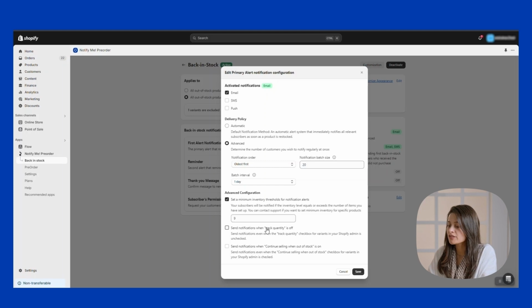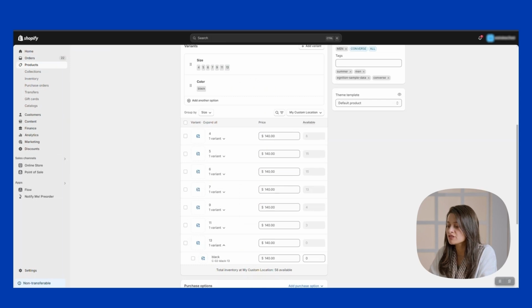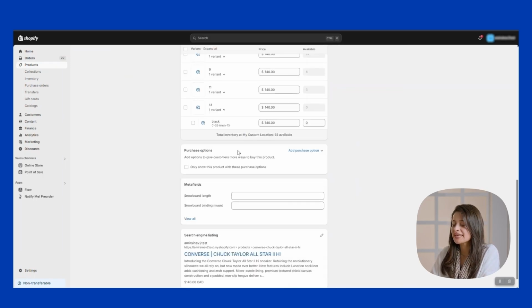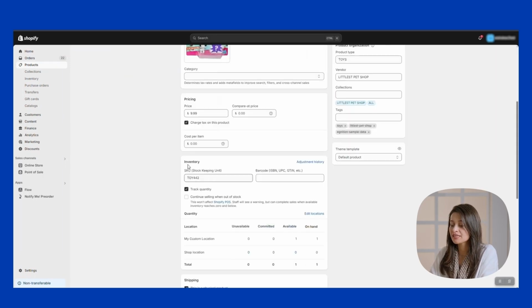Send notifications when track quantity is off lets you send notification even for the products that have the track quantity feature set off. By enabling send notifications when continue selling when out of stock